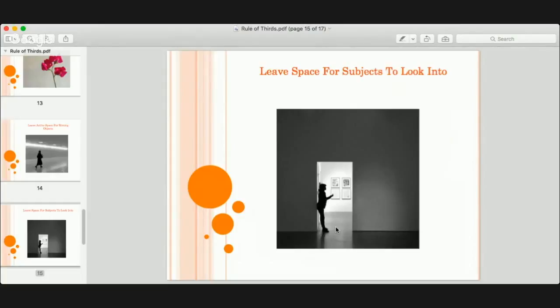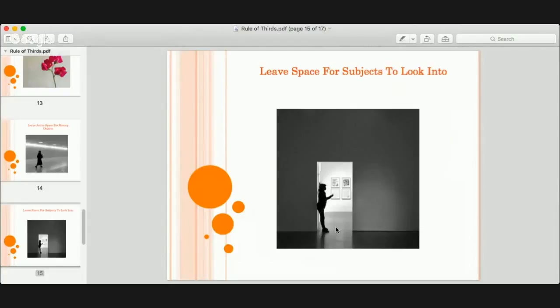Your mind can almost visualize what it is she's seeing beyond that doorway to the right, based on how she's looking. So again, fabulous. It's vertically aligned and horizontally aligned, more vertical in this case because her face doesn't fall on the rule of thirds, but it's vertically aligned with it. But the top of the door is horizontally aligned with the rule of thirds. So great photo for that.